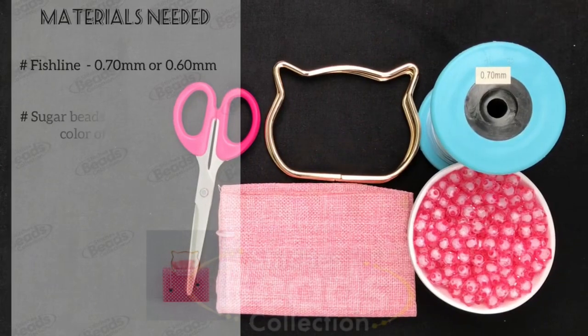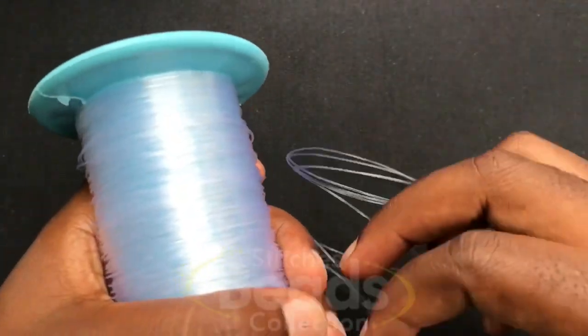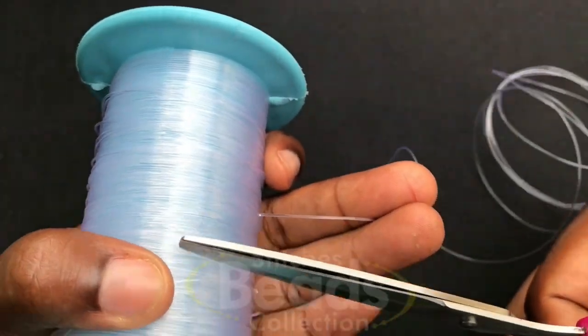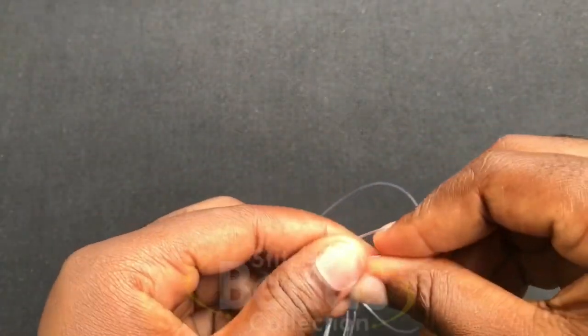Let's get started. Materials needed. So you cut your fish line, you make sure it's long enough. You cut it off, and we are using 0.70 mm. You make sure you have the ends of the fish line,